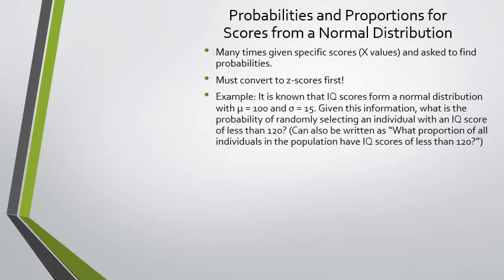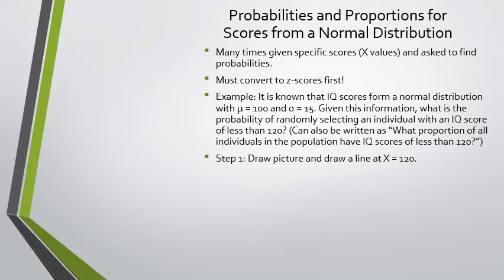So here's an example. It is known that IQ scores form a normal distribution with a mean of 100 and a standard deviation of 15. Given this information, what is the probability of randomly selecting an individual with an IQ score of less than 120? This can also be written as what proportion of all individuals in the population have IQ scores of less than 120? Either question is answered. So step 1, you're going to draw a picture and you're going to draw a line